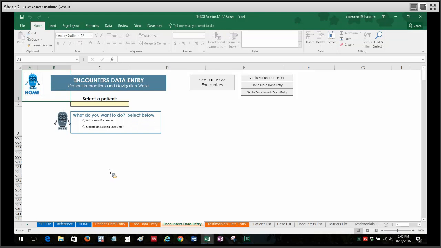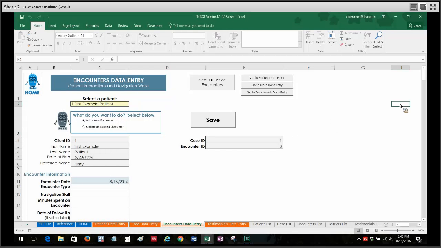So in the Encounters data entry sheet, the first thing that you would need to do is select a patient from the drop-down so that PNBot knows who you're talking about. And then if you want to add a new encounter, you can choose to do that here, or you can update an existing encounter if you want to change the details of something that you already entered in the past. So for now, I'm going to click on Add a New Encounter, which will expand out all my data entry